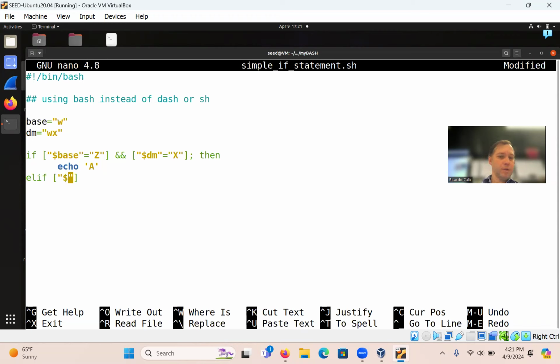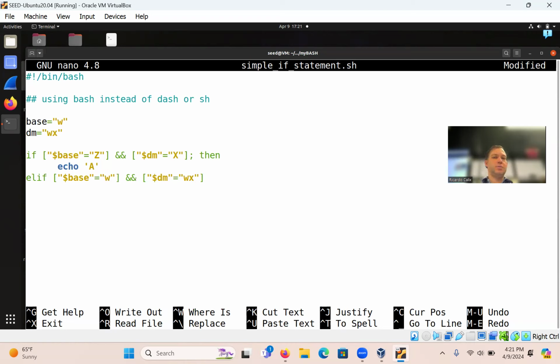And I'm going to say $base, once again, equal W. So this, I want it to match this one, right? I want it to match this condition, and then we can play with it. And double quote, $dm equal wx, right?